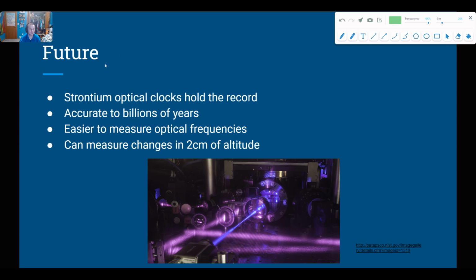So, the future of the second. This is the only base unit that I actually have a future slide for. Most of them I just have what the current definition is and what it used to be in the past, as I don't really see most of the base units changing in the future. But the second is one that might actually have a redefinition coming up within the next decade or so,